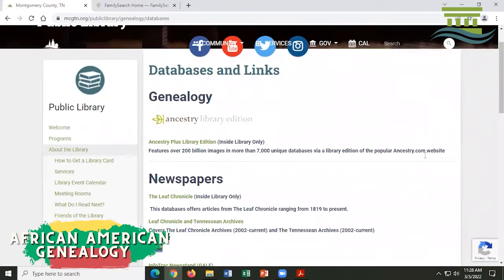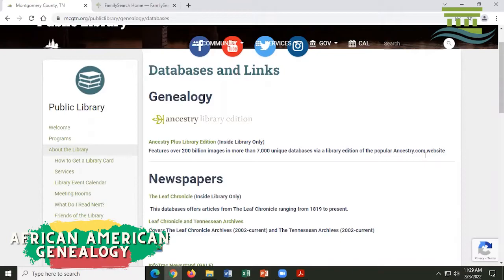We have two phenomenal sources, Ancestry.com, which I've talked about before, and we subscribe to Newspapers.com. Newspapers.com is owned by Ancestry, so you'll see links from Ancestry to Newspapers, and Ancestry also owns Find a Grave, so they're interlinked.